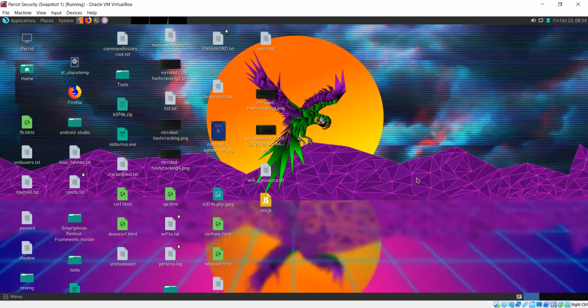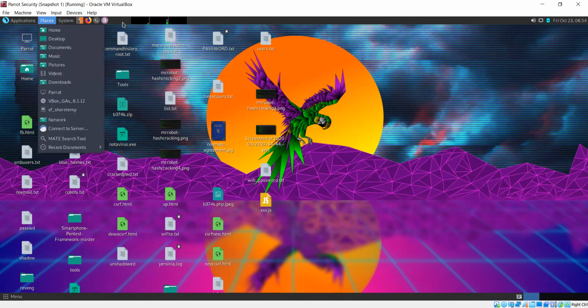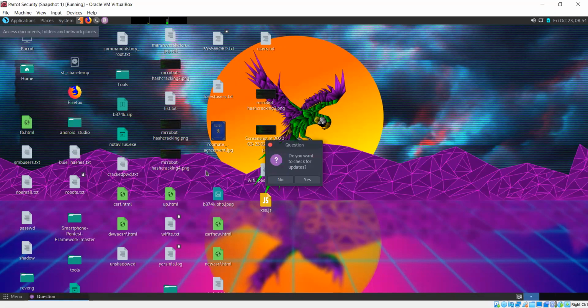So now I'll be inserting that external adapter. The virtual machine by default takes all devices that you connect via USB. The host passes them to the VM. So this is my adapter, and it uses a Ralink chipset. Okay, so now it is connected, and I can start.